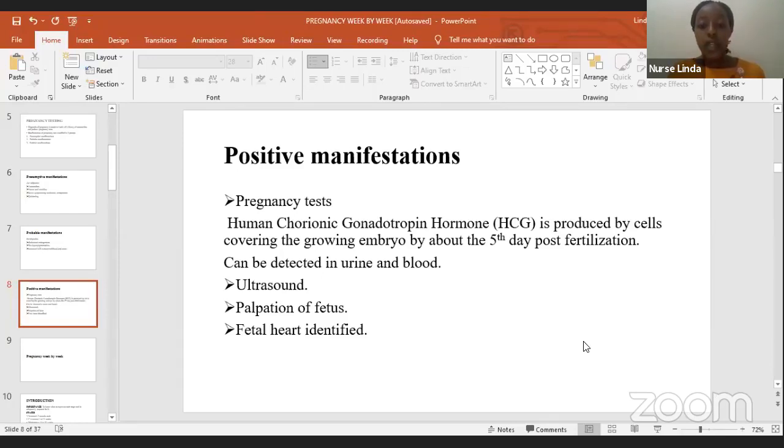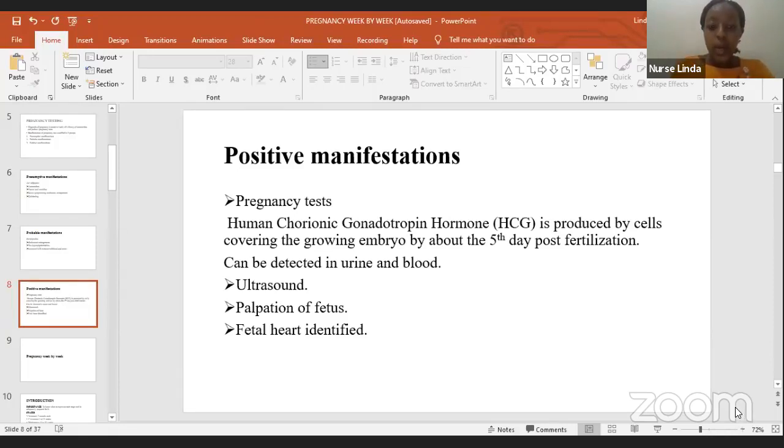And now this is when people will go get the pregnancy strips. I wish I had one to show you, but I'm sure most of you are familiar with it. And they are able to test the urine on themselves to get the pregnancy results. It can also be tested in blood. And now we get to look at the more definitive